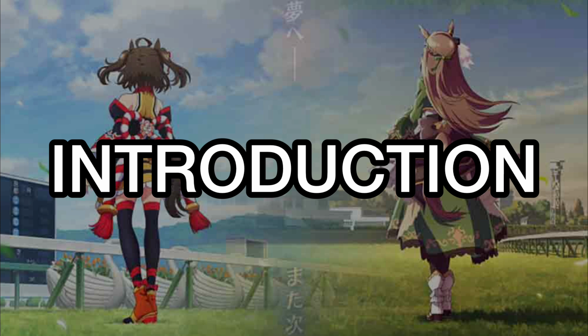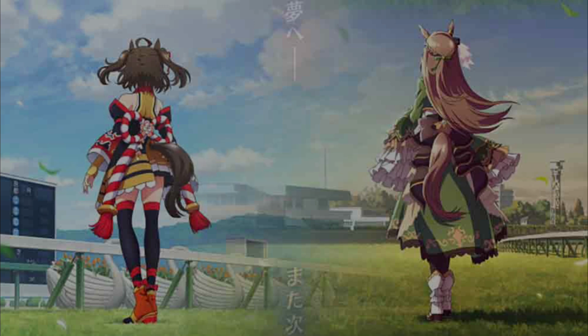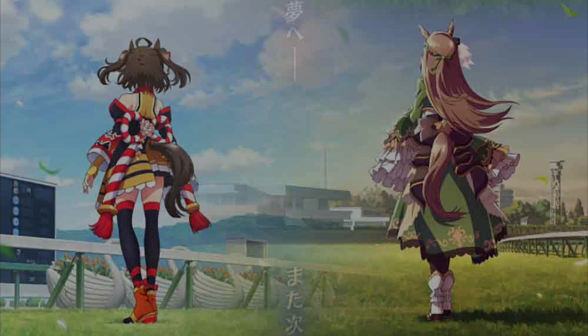However, focus-wise, I've been able to consistently top with the deck, so as a player of the deck, I am confident in the deck's strengths while confident in playing through its weaknesses. The deck that we will be focused on is with the Satono Diamond level 1 combo and the Curren Chan level 3 combo. Like most Weiss sets, the Uma Musume set has a lot of flavor in terms of lore